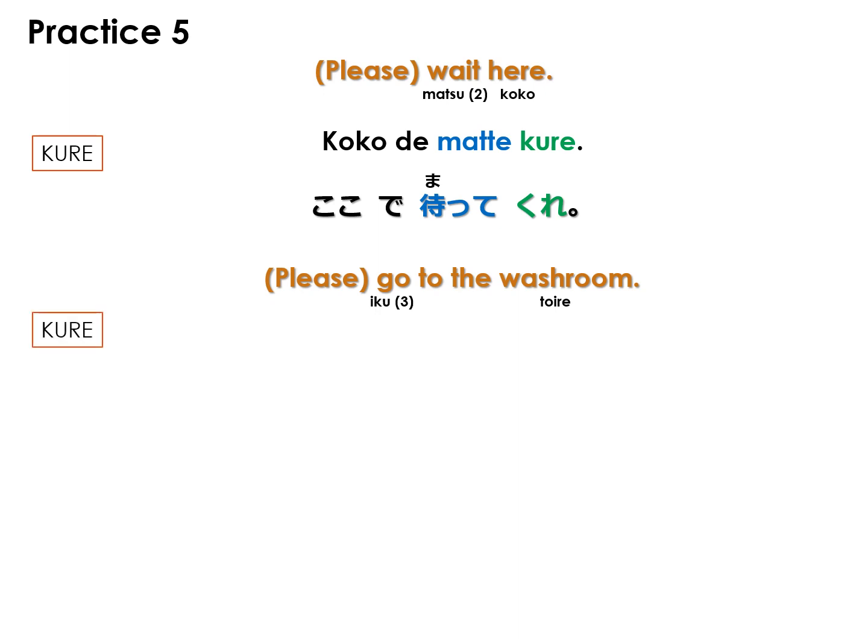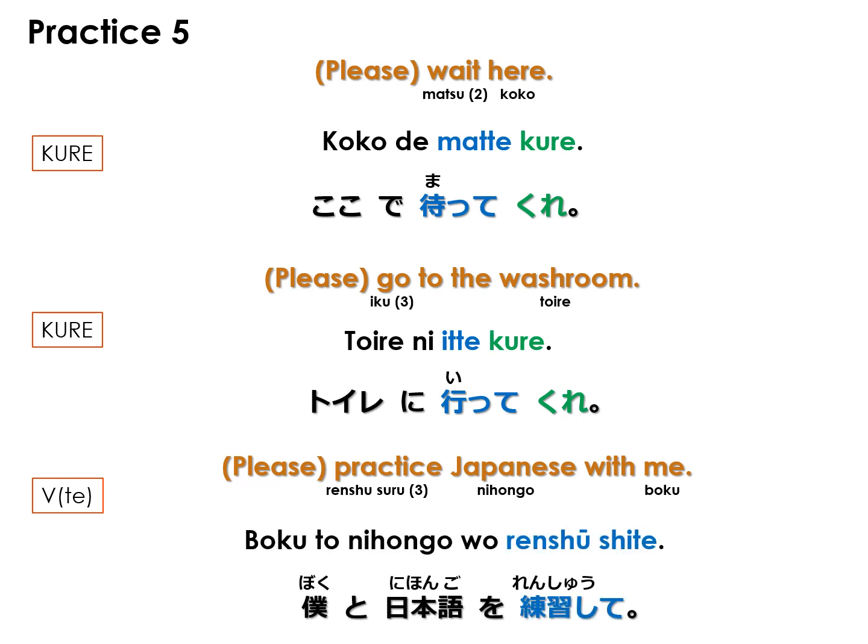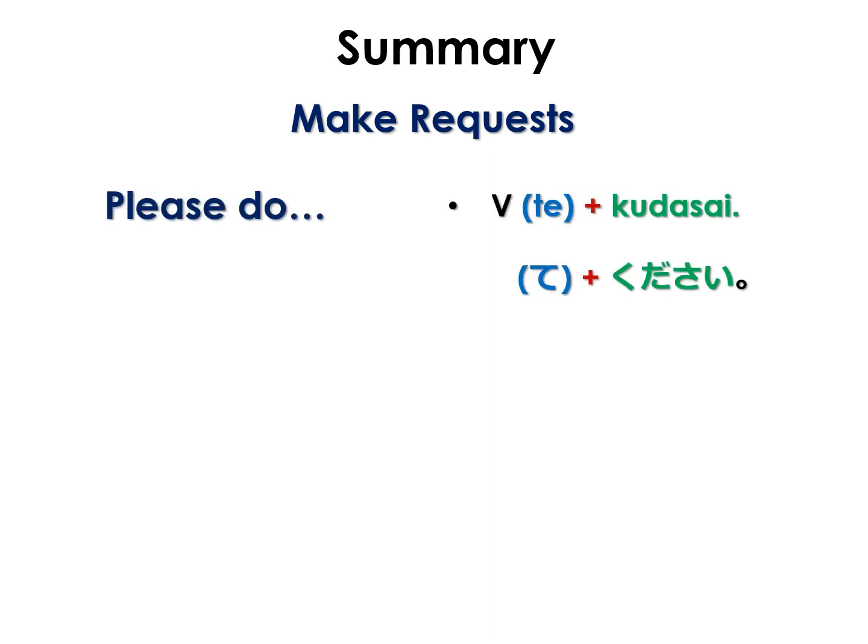Please go to the washroom. Again, use kure. In Japanese, トイレに行ってくれ。Please practice Japanese with me. Now this time, just use the te form of the verb and use boku instead of watashi. In Japanese, 僕と日本語を練習して。